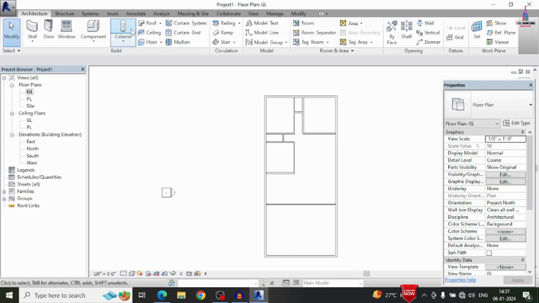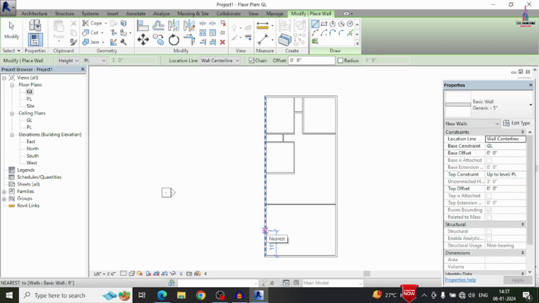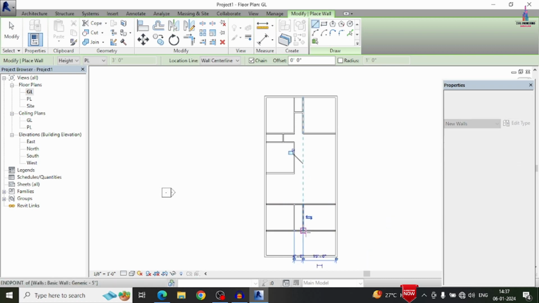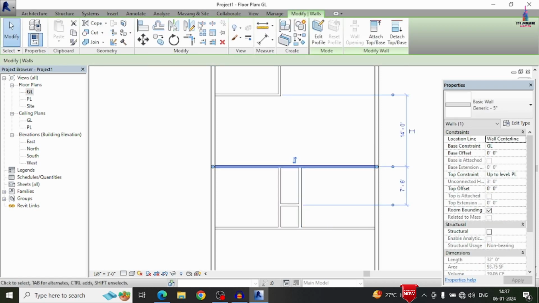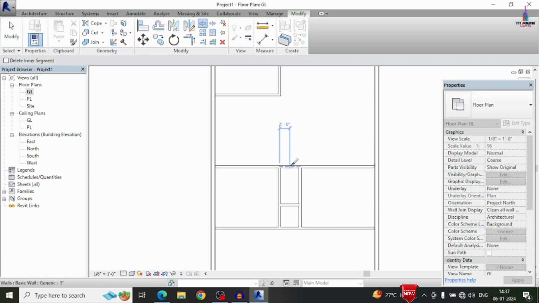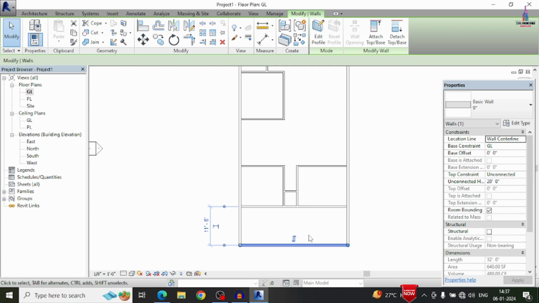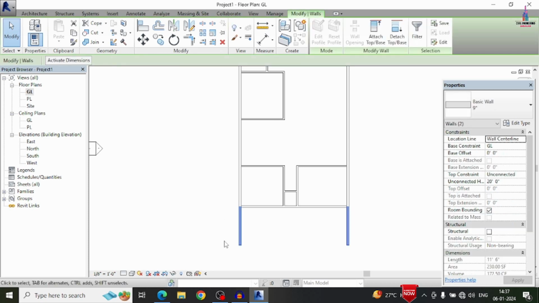Okay. So I am selecting this architectural wall of approximately 11 feet 6 inches. So I am drawing here. Again in the same process, I am drawing here. Again in the same process, we will draw one more wall section. So here I am attaching the dimensions like this. Okay. Now we will split these walls by the splitting method. Split option here like this. We will delete this option. Okay. So now we will move this particular wall to this location, otherwise we will directly delete this wall. Again we will split these two wall sections which have a center distance here like this. Okay. So now we will delete these two wall sections like this.